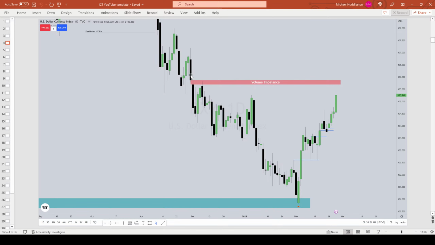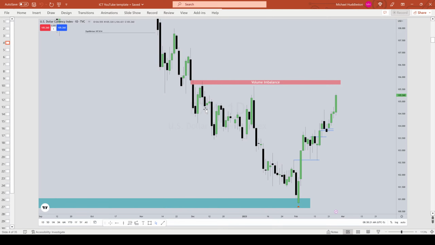So the bodies must overlap, even if it's one touch equally to the previous candle's body. That's efficient. It's inefficient if it's only the wicks passing through, because wicks are viewed by the algorithm as a gap. So it's going to do what? Reprice back to it. We've seen it here, and it left it, moving away from it there.